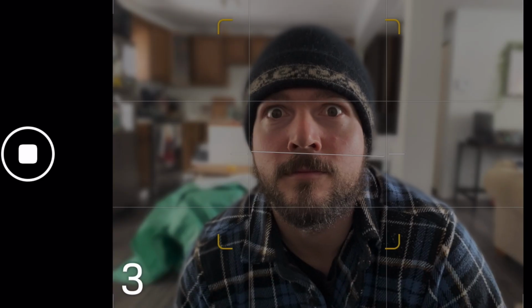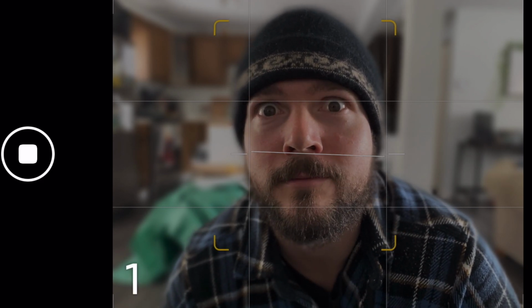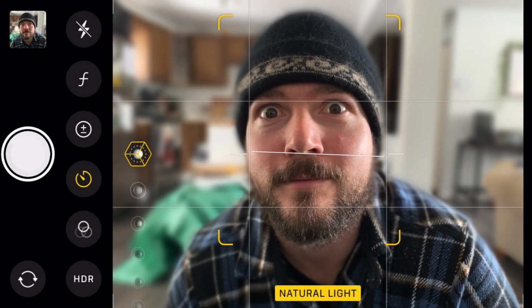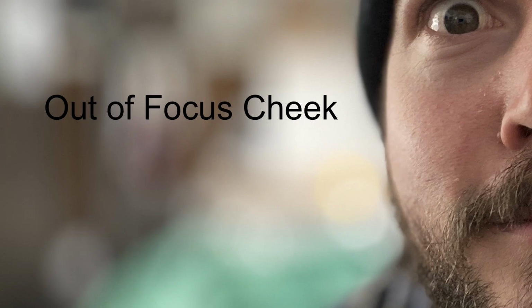The main issue is, and I'll use your phone as an example. Most phones nowadays have a portrait mode. If you go into portrait mode on your phone and you put it too close to yourself, your phone will tell you to step back or move away, and then it'll get it nice and blurry. But if you take a photo when you're too close, you'll notice that your face isn't completely in focus. Maybe your cheeks are out of focus or some of your hair is out of focus and it just looks kind of blurry. Well, even in bird photography, this can happen when you're shooting wide open and you're too close